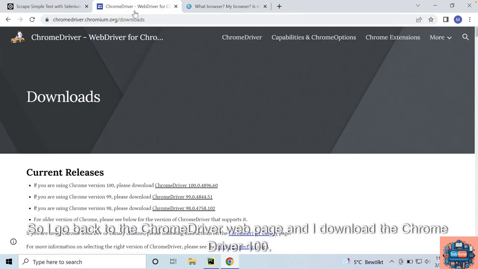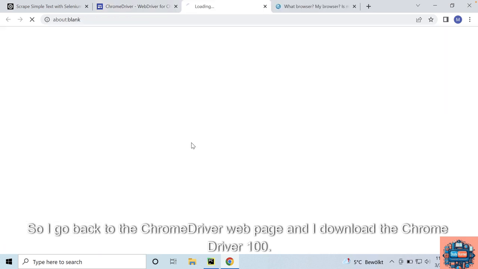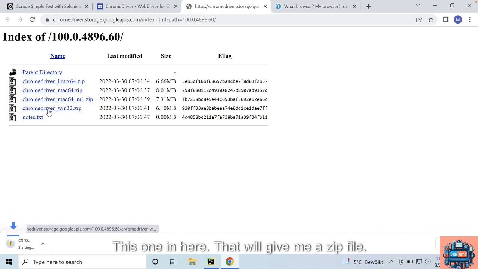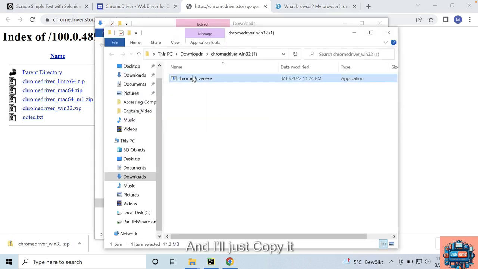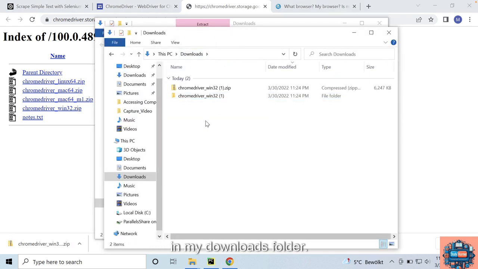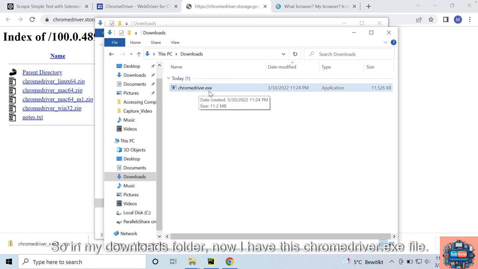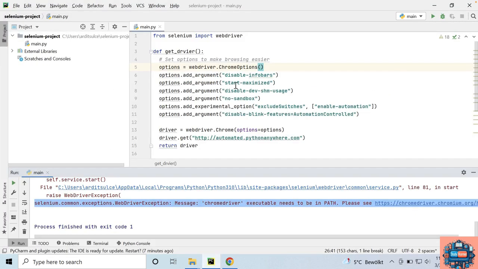So I go back to the Chrome driver webpage and I download the Chrome driver 100 version and I get the win32.zip version, this one in here. That will give me a zip file and I'll just copy it in my downloads folder. So in my downloads folder now I have this Chrome driver.exe file. Well, then we want to go to our code,